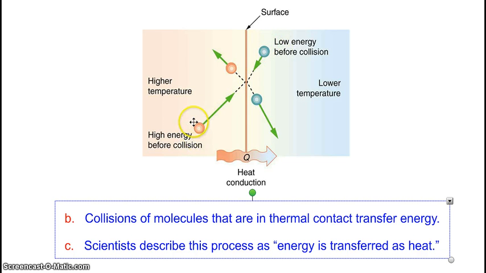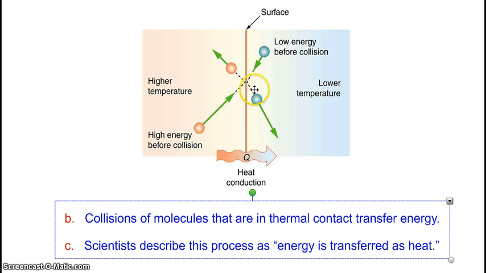This molecule is on the warm side. This molecule is on the cool side. Because this molecule is warmer, it has larger kinetic energy than the molecule on the cool side. When this molecule collides with this cool molecule, there's a transfer of energy from the high energy particle to the